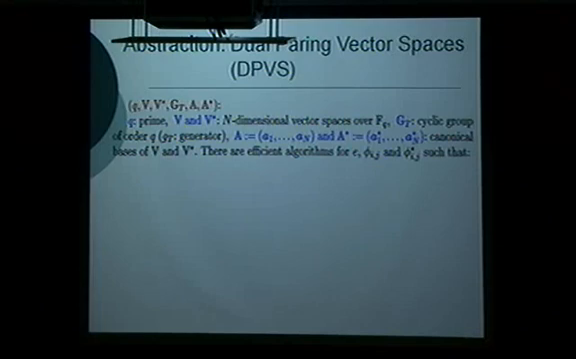So DPVS is a tuple of q, V, V star, G_T, A, A star, where q is prime. V and V star are m-dimensional vector spaces over F_q, and G_T is a cyclic group of order q. A and A star are canonical bases, and there are efficient algorithms for phi_ij and phi_ij star such that